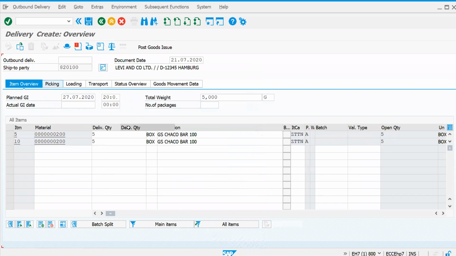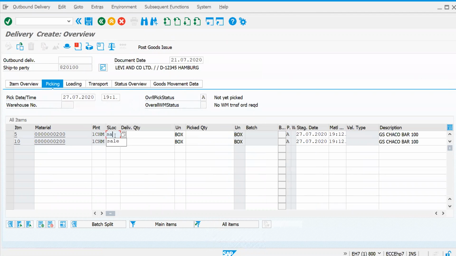Now let's go to the picking. Let's choose the storage location manually as of now. So let's put it. So now picking is done. When I put it, picking for this is 2 delivery quantity and this is 2. Okay, now let's go to the status bar.